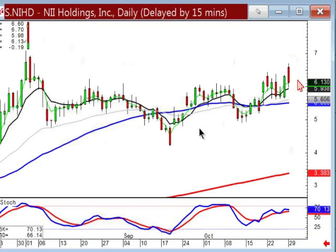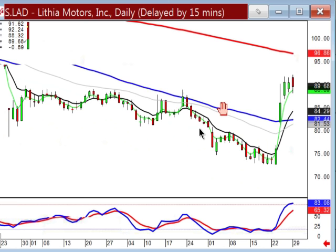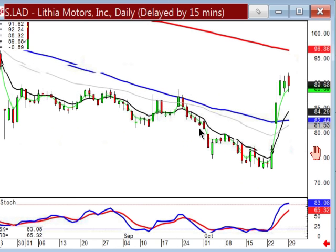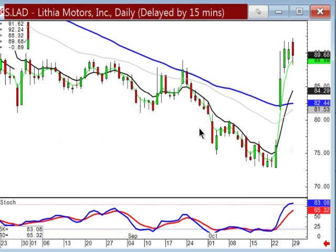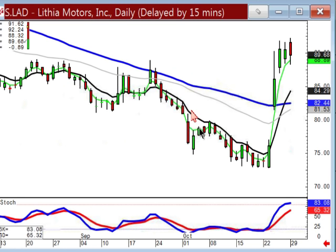It didn't close more than halfway down this candle that told you you had a bullish signal, and it didn't close below the T line. That's a few pieces of evidence to say stay long as long as it stays above the T line. Now, this is why you want to know your signals and patterns. You don't have to be an expert at each one. But if you're short, short, short, and then you see a left-right combo and it closes above the T line,